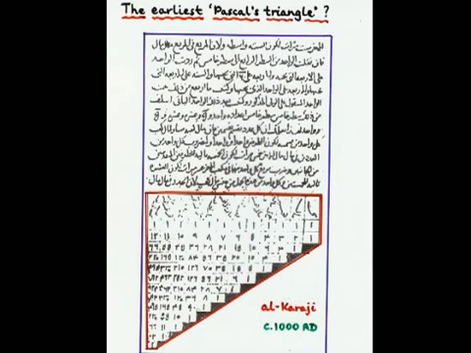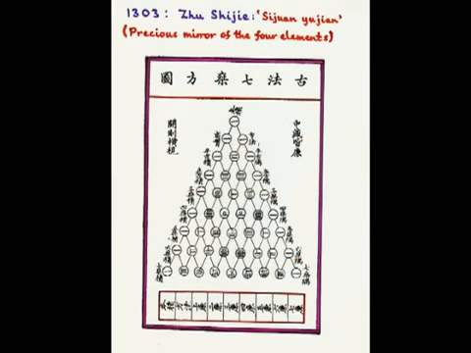The earliest one we know is actually an Arabic one by Al-Karaji around 1000 AD. I think 1007 is the year that this came, so this is the earliest known Pascal triangle as far as I know, unless one of our experts tells of an earlier one. But I'd like to end up with a Chinese Pascal triangle. This is from 1303, their treatise, The Precious Mirror of the Four Elements. So I thought it was a nice picture to end on.